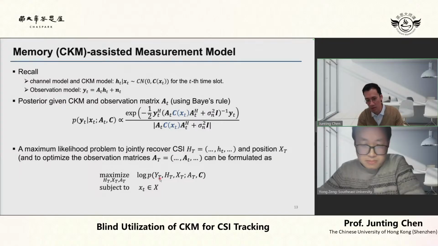Not sure if they solve this problem optimally. I guess no, because of the possibly non-convex nature of this problem. But I guess in some sense, in some special scenarios, the switching Kalman filtering will solve this problem optimally. For example, if